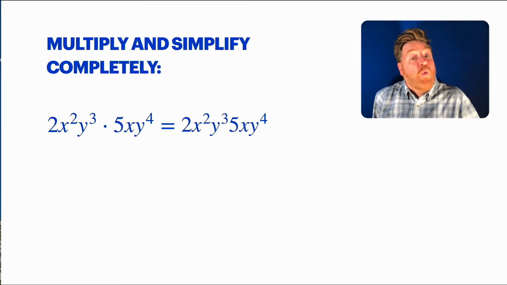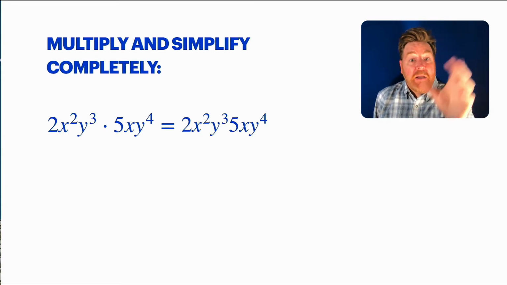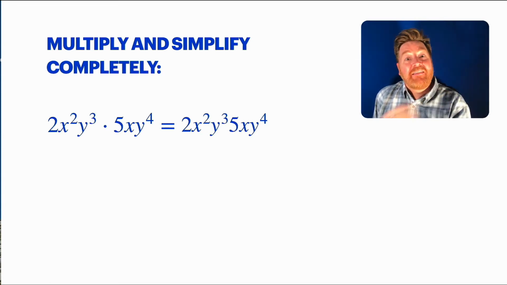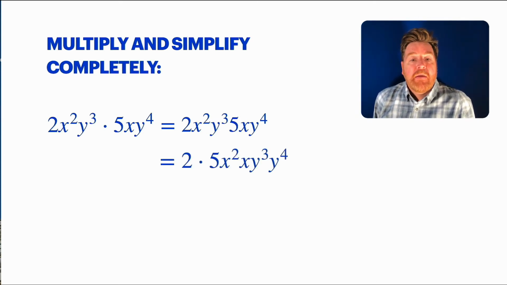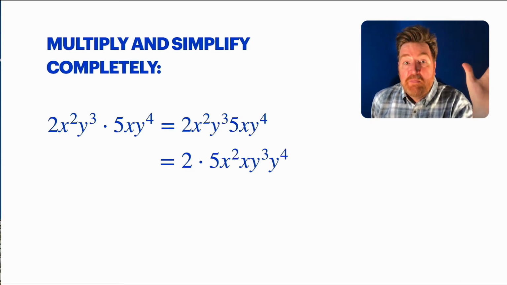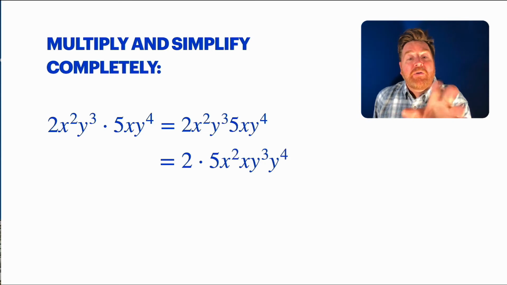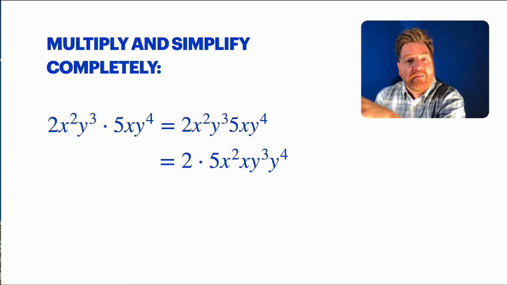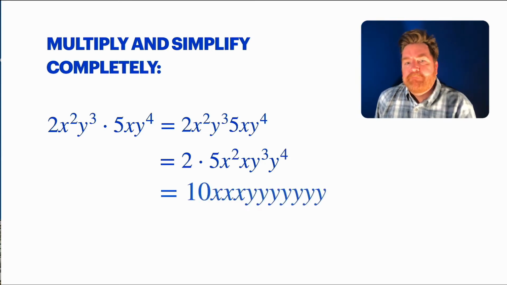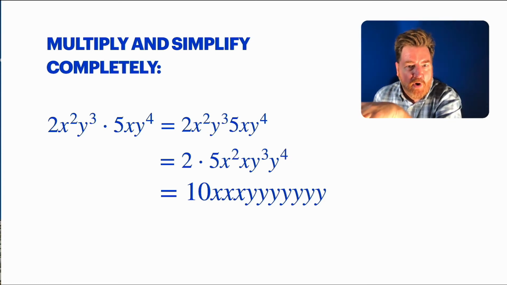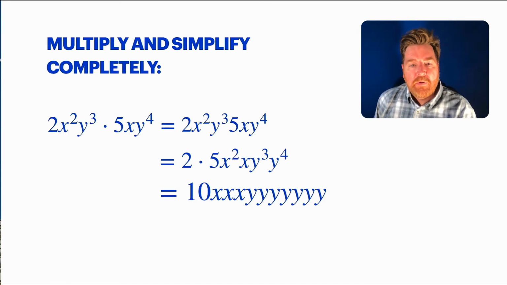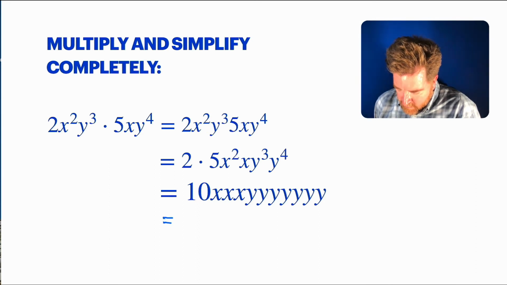There it is. Why don't we take advantage of our commutative property? We'll put the numbers together, the x's together, and the y's together. Okay? So just rearrange them like that. Now, if you notice, 2 times 5 is 10. That's no big deal. Why don't we write out those x's and the y's with the exponents just to see what we're looking at? It's going to be 10. So there's 2 x's, the third x. Then we have 3 y's and then 4 more y's. So if we count those up, I think we're getting 10